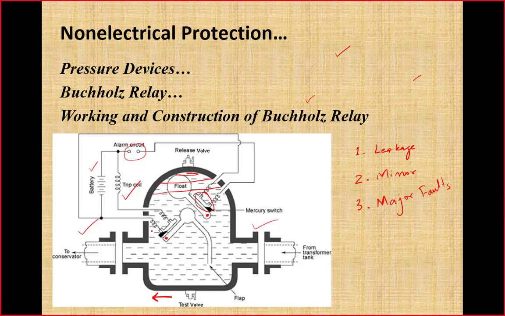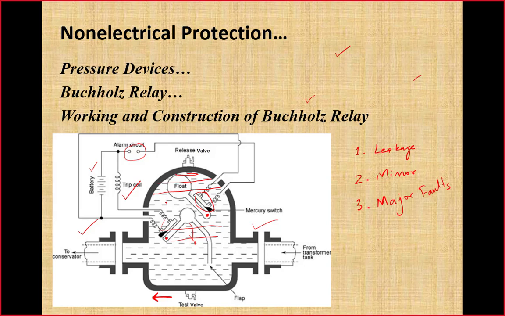The level of oil will further decrease, and even the second float will move downward. As soon as that second float moves downward due to reduction in oil level in the transformer tank, it will initiate the tripping of the transformer. Because if the transformer remains in service and oil decreases inside the tank, that will result in an explosion inside the transformer tank due to the loss of insulation, because oil also serves as an insulating medium within the transformer.